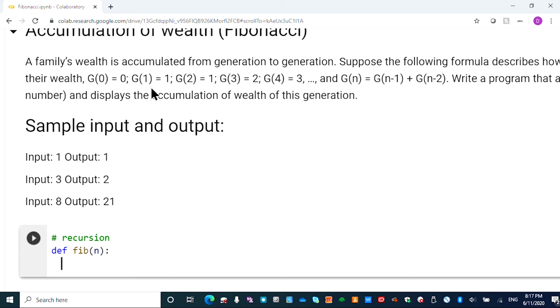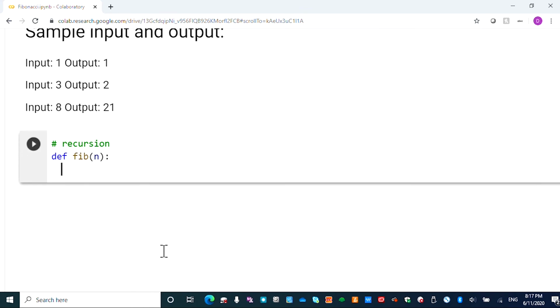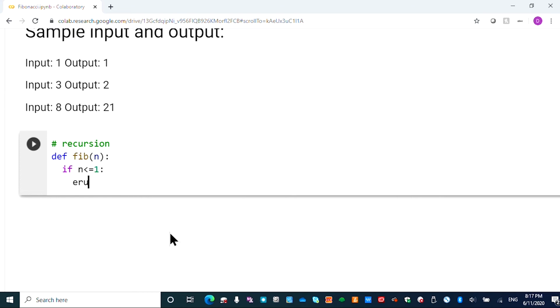These are the initial conditions because for g of 0 you can't find the previous two numbers to compute it. And g of 1, same thing, you only have one previous number which is 0, but you don't have another one. So g of 0 and g of 1 are the initial conditions. In other words, if n's value is 0 or 1, then you need to return its value immediately. G of 1 is 1, g of 0 is 0. So first thing you need to check is if n is less than or equal to 1. In that case you return